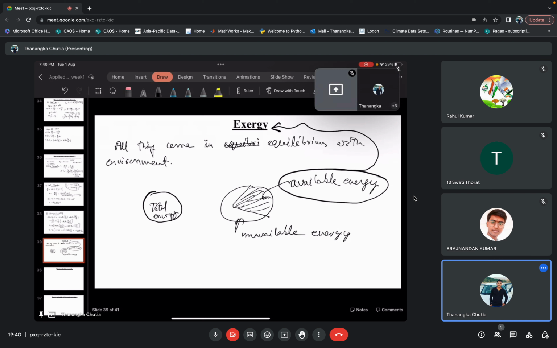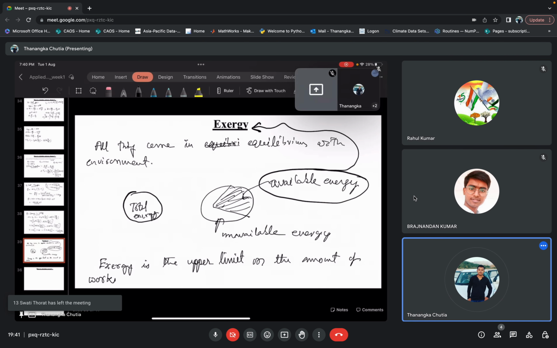So in other words, exergy is the upper limit on the amount of work a device can deliver without violating laws of thermodynamics. Okay,